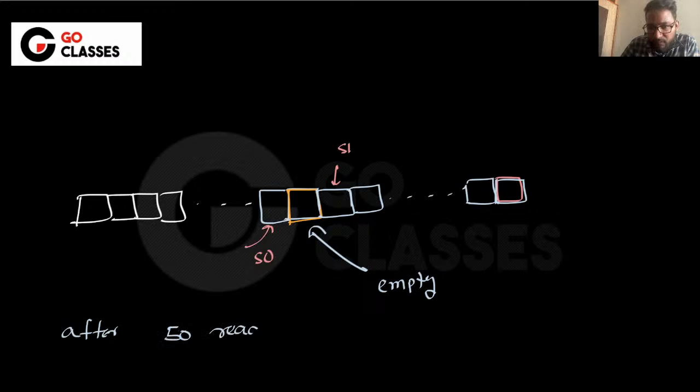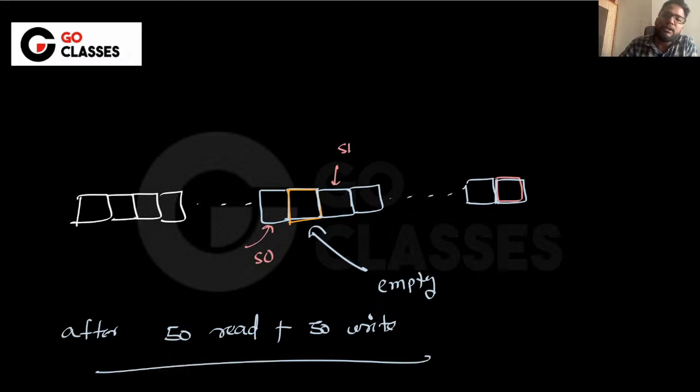So now this is 51, okay, and this is empty, which means that it is not holding anything. So after 100 operations, this is the case, right? After 100 read and write operations, so after 50 read plus 50 write operations, this is the condition that you have in the hard disk. Is this okay to everyone? Let me know,